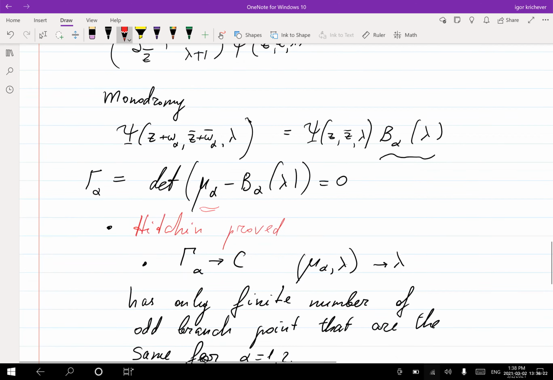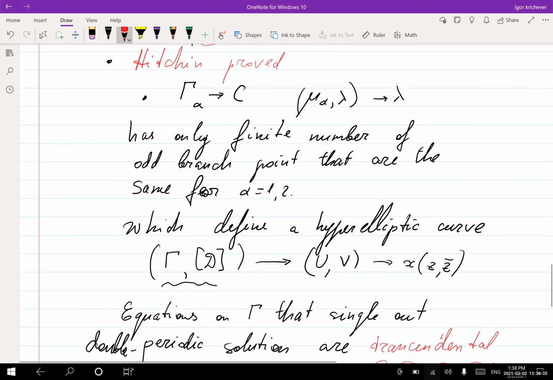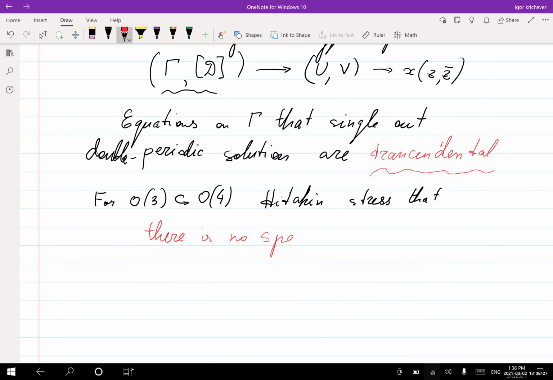So there are solutions given by zero or non-existing spectral curve. Especially, there is no spectral curve. Mu alpha lambda is just identically 1. That was his observation. At the same time, there are solutions pretty well known since early work of Polyakov,